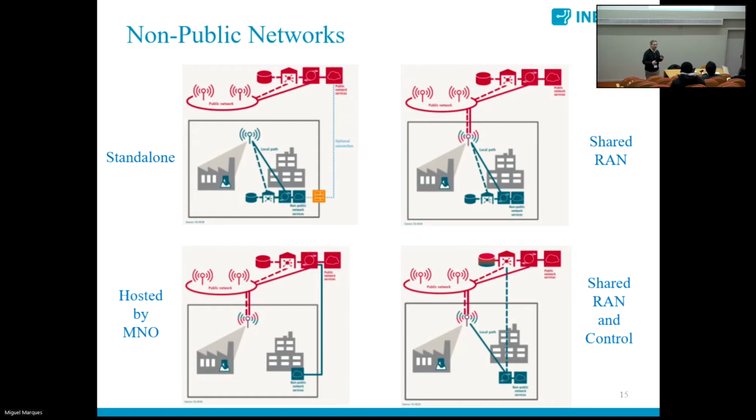There are several ways of doing that. And basically what they consist in is looking at the important components of the network and deciding if these components, these functions, will be located in the telecommunications operator location, or if they will be located in the industry or in